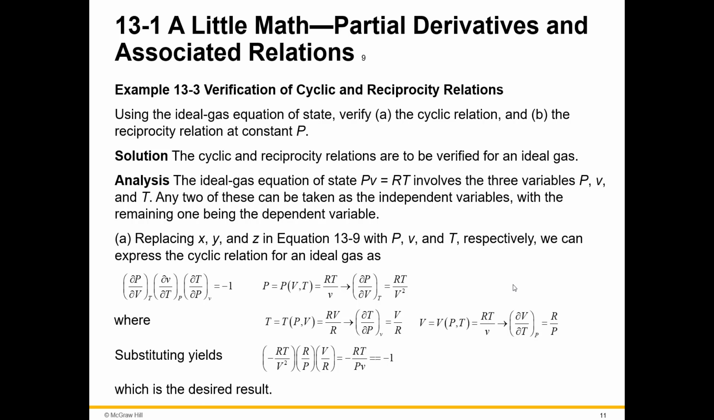So the ideal gas equation of state, PV equals RT, or PV equals mRT, involves the 3 variables P, V, and T. And any 2 of these can be taken as independent variables, because remember, P, V, and T, they're all independent variables. So you can take any 2 of these, with the remaining one being the dependent variable. And so then you replace x, y, and z in the equation with P, V, and T respectively. Then you can express it as a cyclic relation for an ideal gas. And here it works through the PV equals RT. You do have the substitution and what that yields down here,